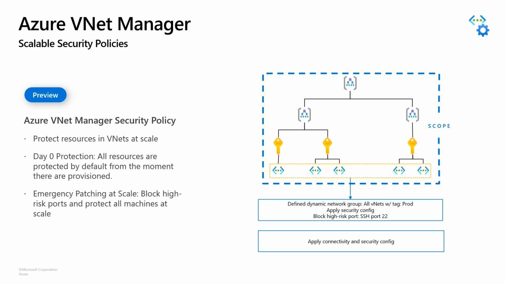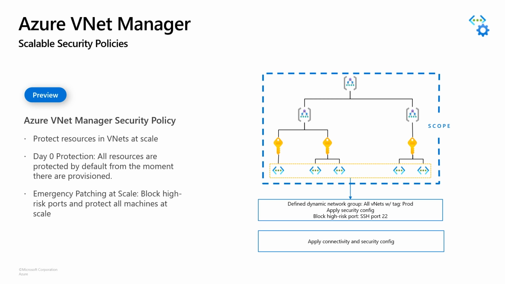So with a VNet Manager, you can group these individual islands or VNets together, both at a subscription level, across subscriptions, as well as across management groups. Once you create these groups, you would be able to define a common security policy to apply to these groups, as well as a common connectivity policy on how these groups talk to one another. So it just gives the administrators and the security network admins more control and ease of use. It also gives 2 unique value props.